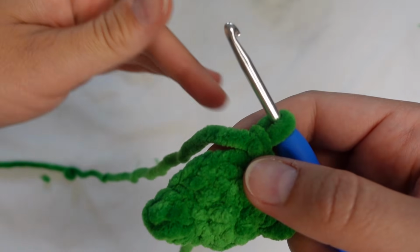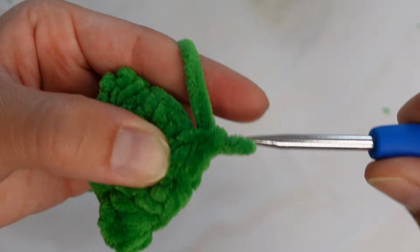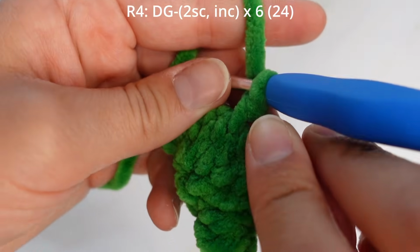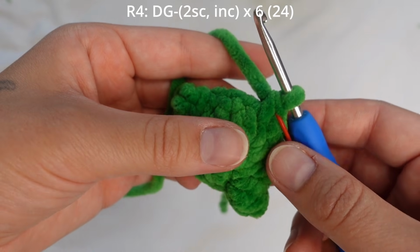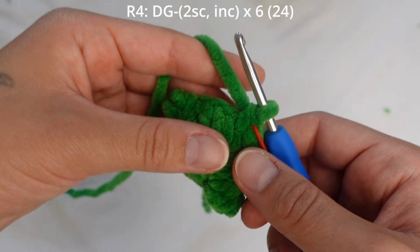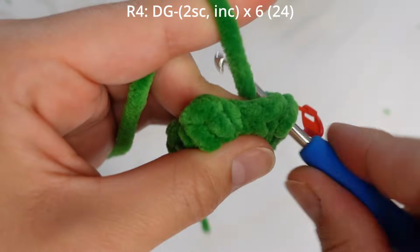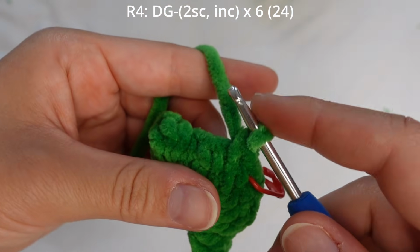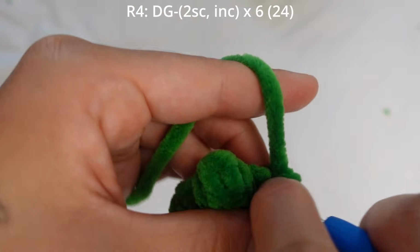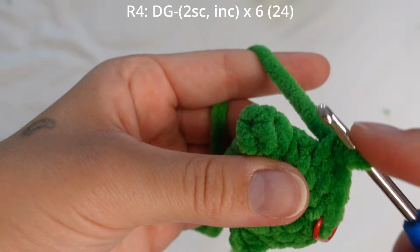So now I'm going to take out my stitch marker, insert into the next stitch, and crochet the first stitch of round 4, which is a single crochet stitch. I'm going to place my stitch marker into this stitch to mark the start of round 4. And now for round 4, we're going to crochet 2 single crochet stitches, 1 increase, a total of 6 times in the round. So I've already crocheted my first single crochet, and now I'm going to insert into the next stitch, crochet a second single crochet, insert into the next stitch, crochet an increase. So 1, 2 into the same stitch,